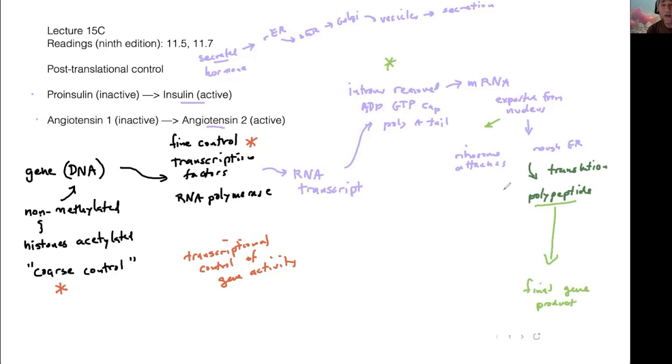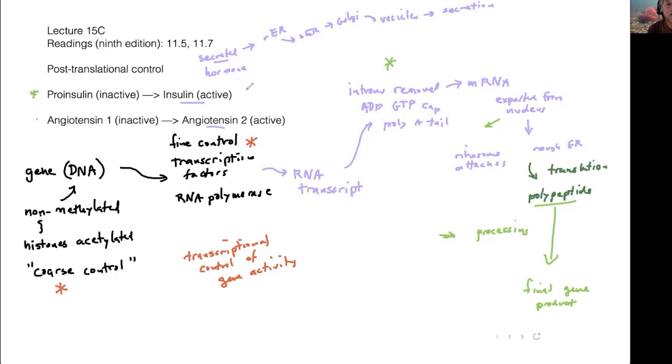Okay? And so it's actually possible to elevate or to attenuate the activity of the final processing of the final gene product that's occurring in the rough ER, in the smooth ER, in the Golgi apparatus. There are a lot of steps that are required before you get to the final gene product. And you could either accelerate that or you could turn it down, slow it down. And so here is what we're talking about in this lecture. The two examples we have are insulin, which is a hormone that you're probably aware of. It's the hormone that brings